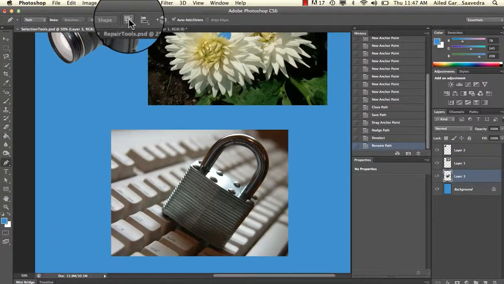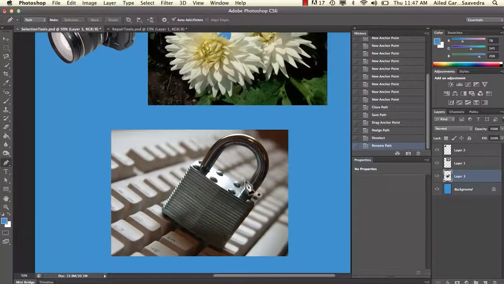And what Exclude Overlapping Areas does is basically this area here we're going to need to trace, and this area here we're going to need to trace. So those paths are overlapping or sharing the same space. So therefore we need to make sure that in order for this to punch out when we need it to, that option is selected. All right, so to trace around this image, you would just click, hold down and drag,